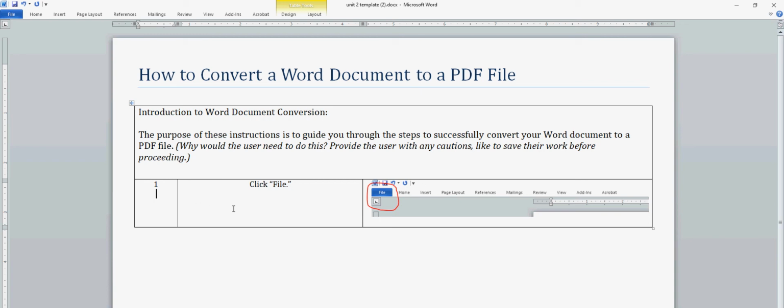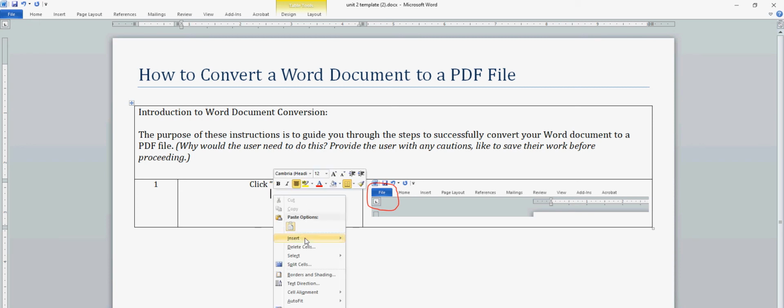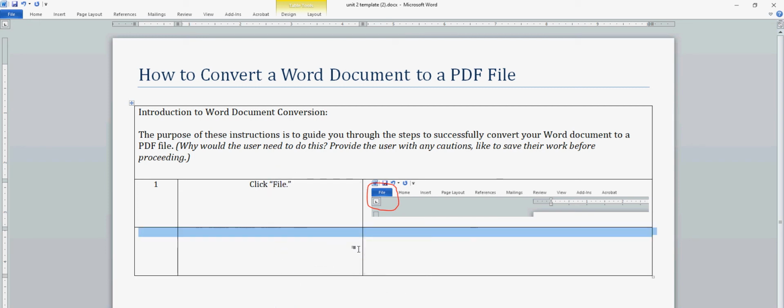So you can click in any of the cells in the row that you want to insert, under or over. So I'm going to right click, and you will see that it says Insert, and you have several options, but you just simply want to click Insert Rows Below. You want a row below your first one. So now I'm going to start with step 2. I'm going to put my 2 here,